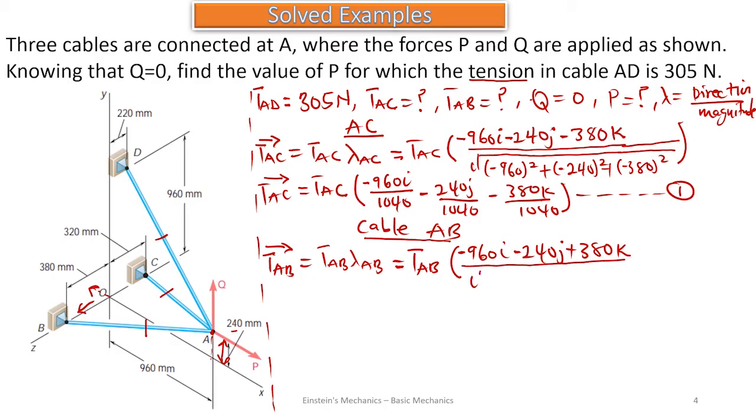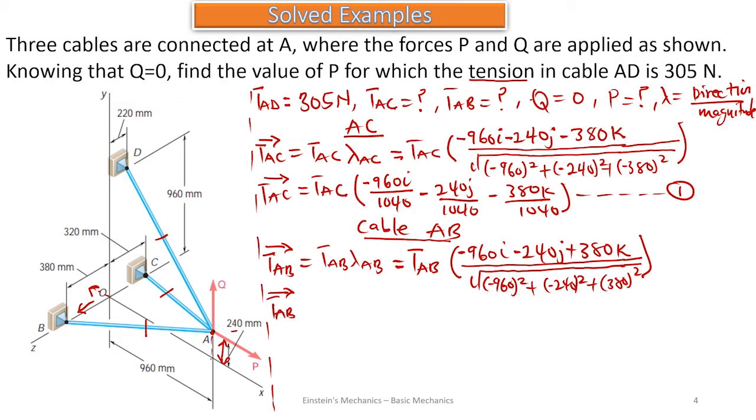Everything on the square root of 960 square plus negative 240 square plus 380 square, this way for the lambda B. So you take your calculator, you punch everything under the square root, and you are going to get